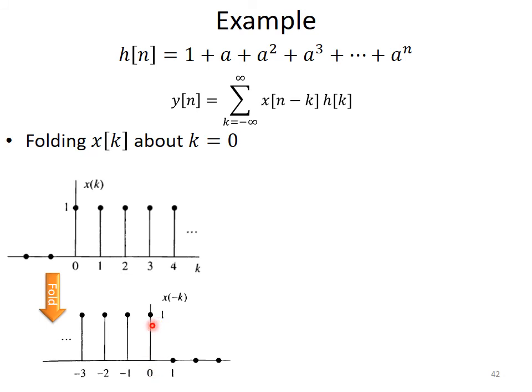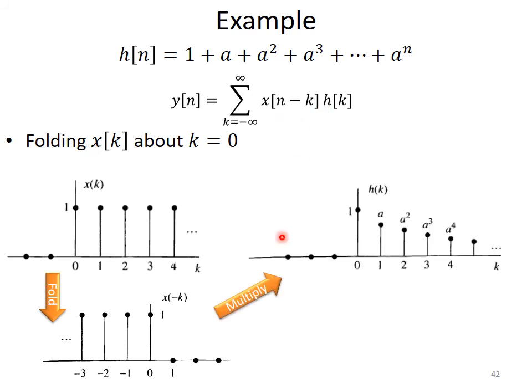Now the unit step is basically non-zero, equal to 1, when k is less than or equal to 0, and it is equal to 0 when k is greater than 0. Now we have to multiply this folded version of x of k with h of k. So h of k is basically a decreasing exponential. Now multiplication of h of k and x of minus k would result in the product sequence v0 of